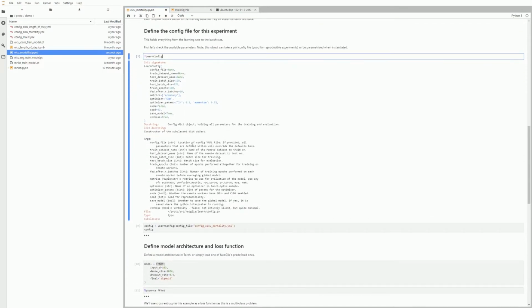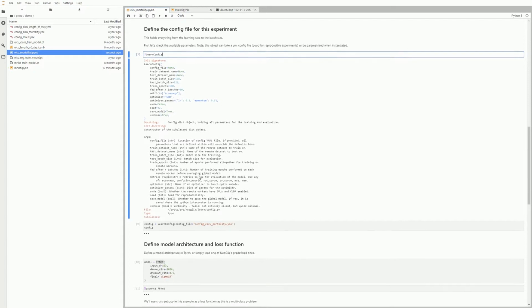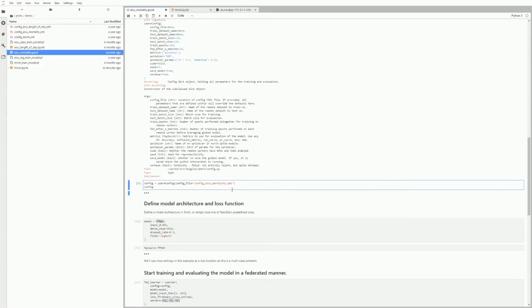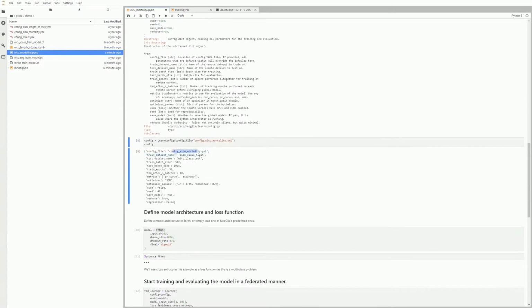So as you can see, all of the Neoglia package components come fully documented, and you can very easily find out what each of these components are expecting and doing. So let's actually instantiate this learn config object with a predefined config file. So we will train on the classification dataset, and we will train with a PR curve and accuracy as our